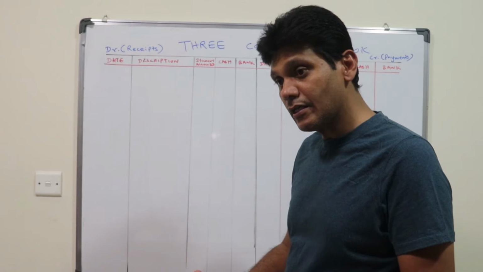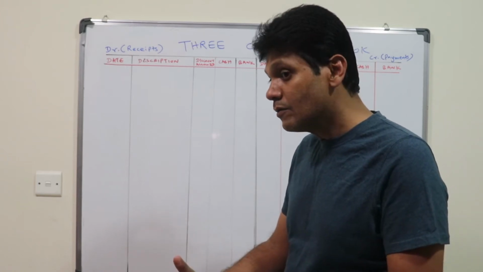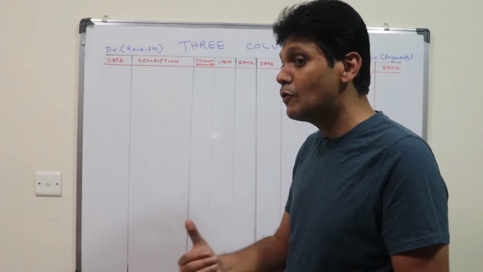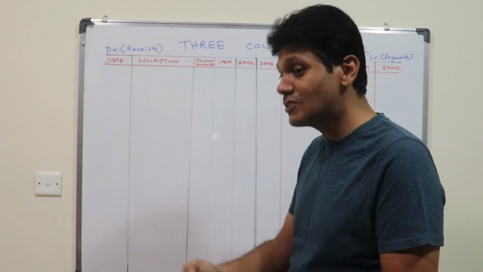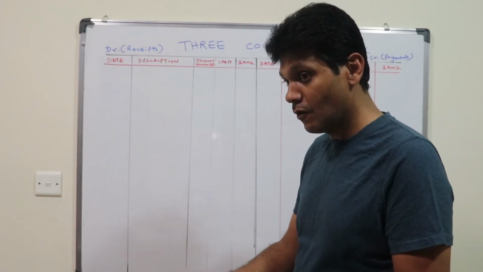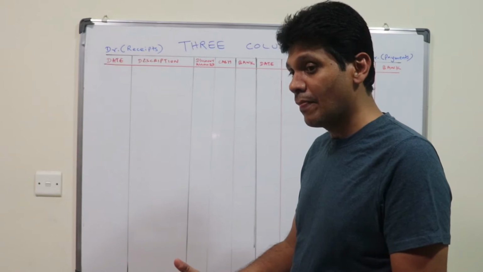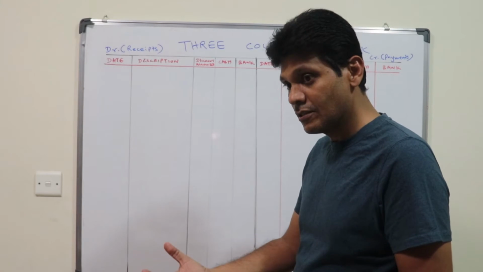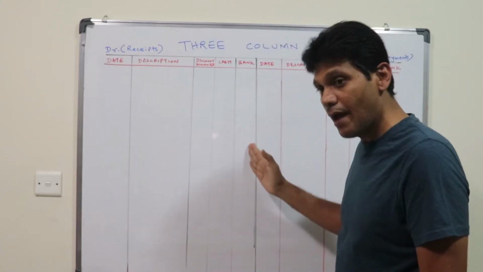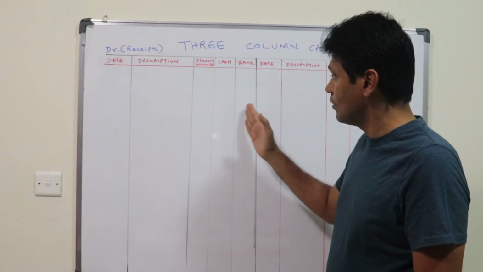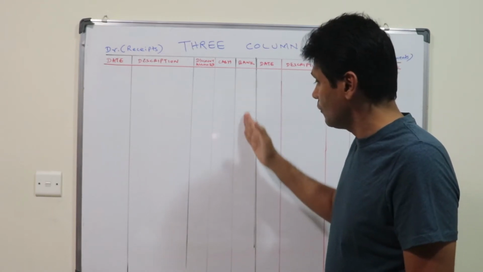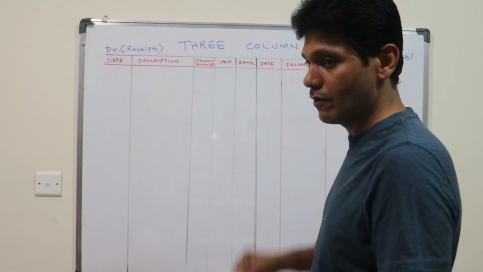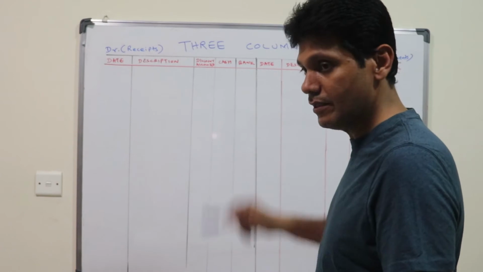When you open a current account, the bank will issue a checkbook. When you receive a checkbook, you can do transactions easily. It's very safe. Almost all companies do transactions with customers and suppliers with checks. Therefore we have to have a bank account. When you do a transaction with the bank, you have to record it in the bank column. So you know the cash column and the bank column.